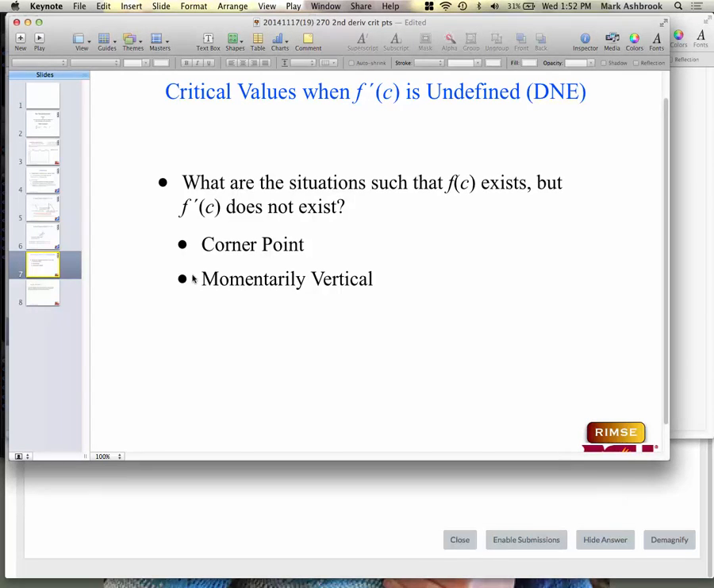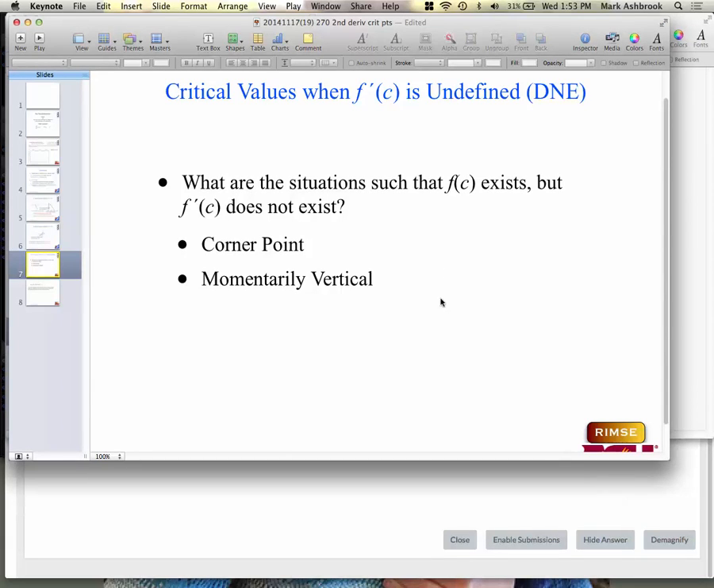Okay, the other situation where you could have a function value defined, but the derivative does not exist, is if the graph is momentarily vertical. Momentarily vertical. So something like this. I'll try to draw it. So like increasing,